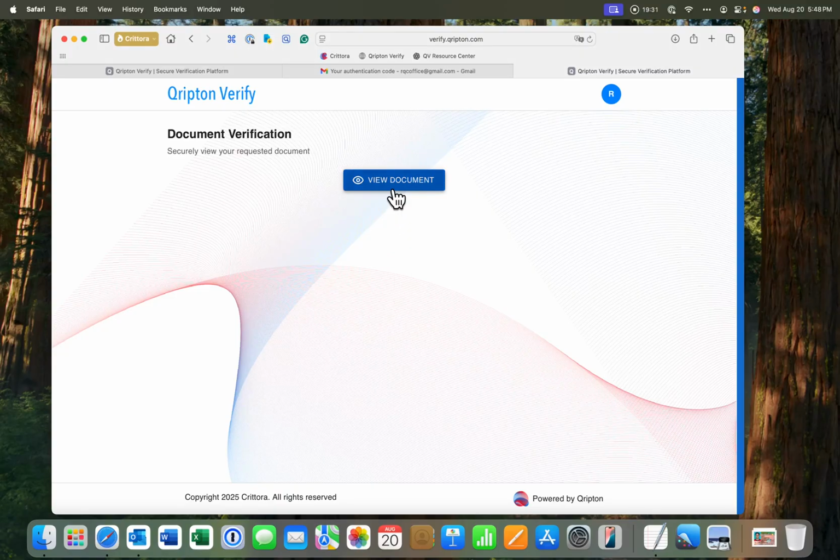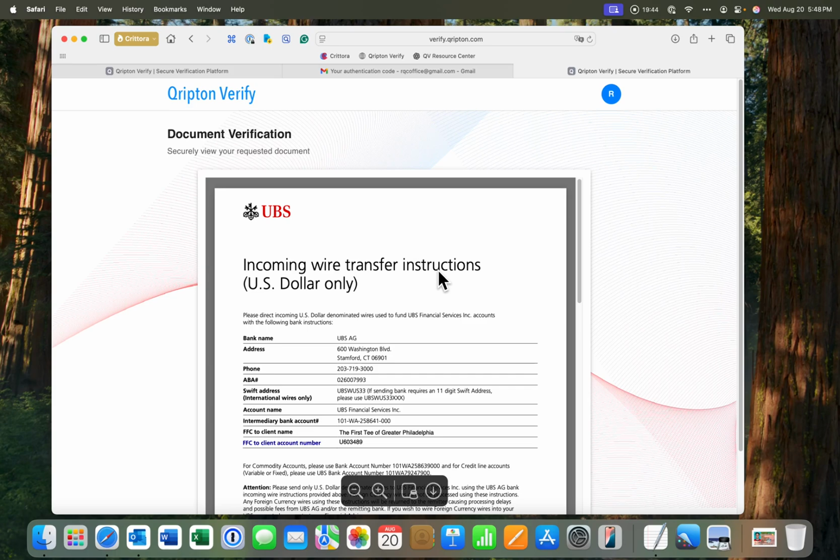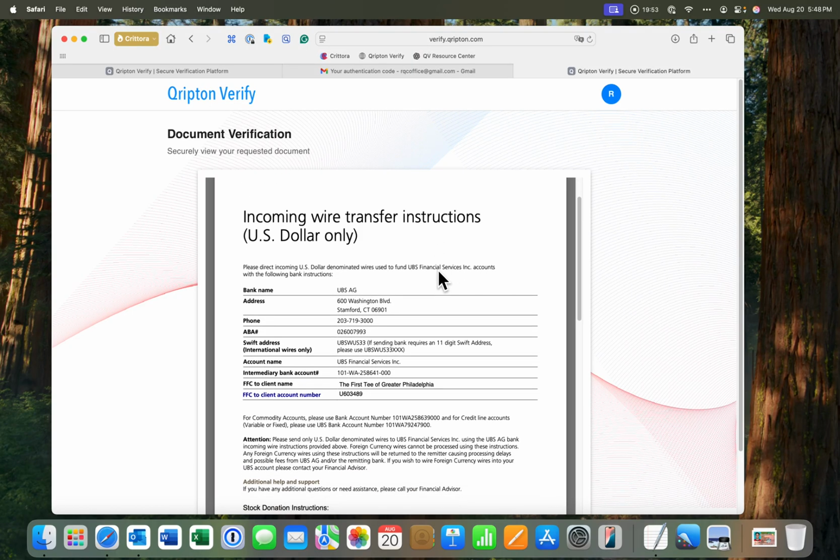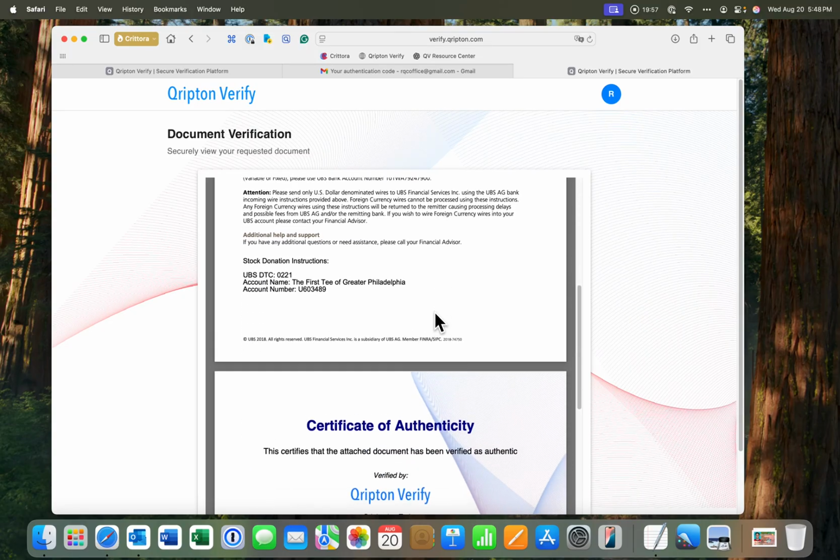So now, here's the document that I got sent. If this was a Word file, I'd have a link, or an Excel file, but since it's a PDF, I can actually view it. So I'm going to view this document here on the screen. This is going to be the wiring instructions that my title company sent me for the funds for my real estate transaction. So this is a pretty standard wiring instruction document, but I'm going to scroll down a little bit farther here